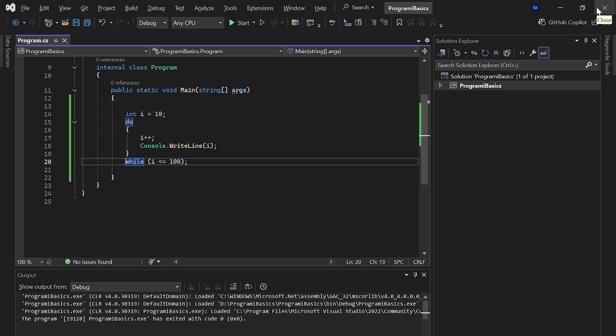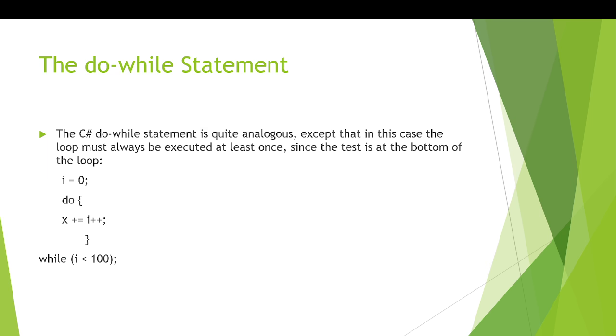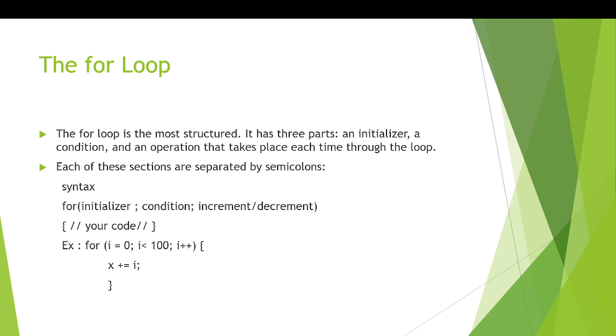The next is our for loop. The most structured loop in C# is the for loop because it has three parts. One is the initializer, another is the condition check, and the third is the operation that takes place each time through the loop. The syntax looks like this: your initializer first, then a condition, then increment or decrement. The example is like this: